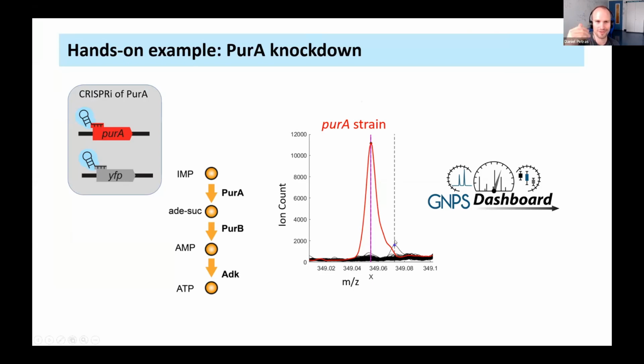And yeah, this is another CRISPR-I strain. So it's one CRISPR-I strain and one control strain. In the control strain, nothing should happen. In the CRISPR-I strain, we perturbed an enzyme in the middle of purine nucleotide biosynthesis, PurA. If we knock this down, we again see an increase of the substrates, where inosine monophosphate is increasing. And then you should see some data like this.